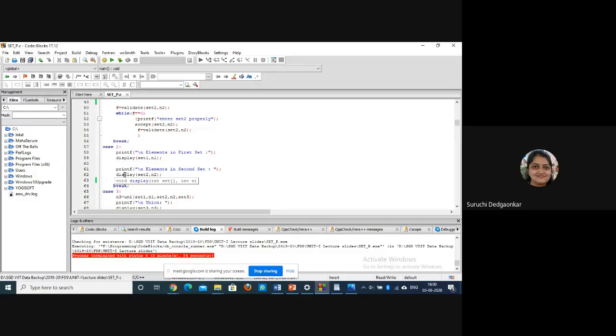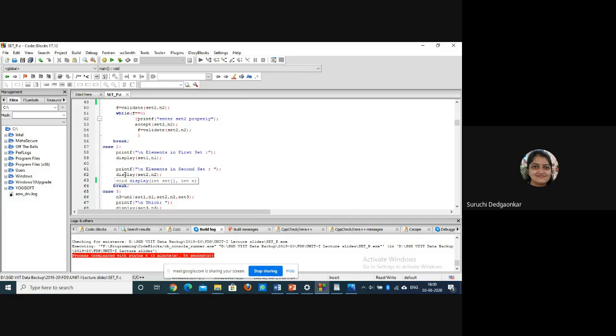If you are taking input for two sets in the same function, at this point it is okay, but then you have not understood the function concept properly.